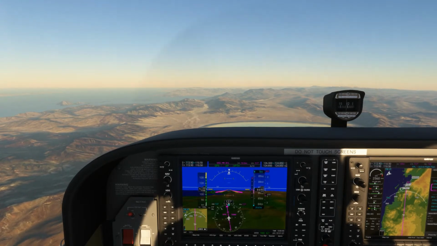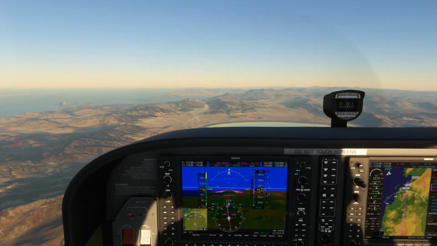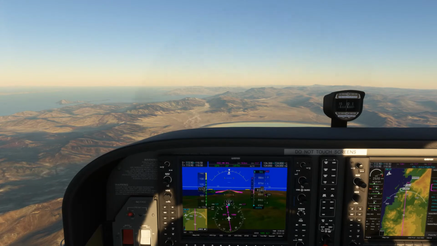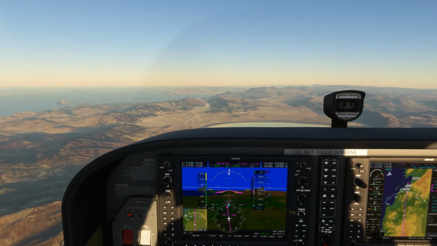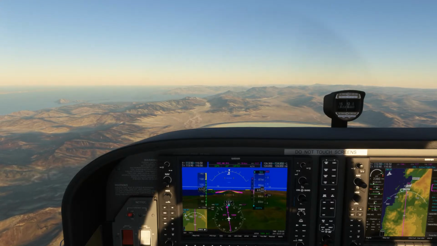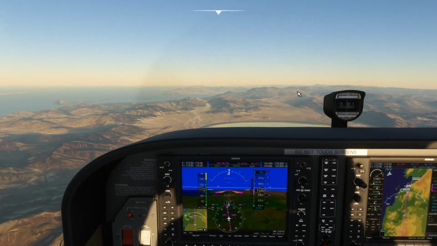Okay, so my sound sounds okay so far. I don't have any of that crackling noise. Backing off a little more on the power. Now we've got to watch that right there.